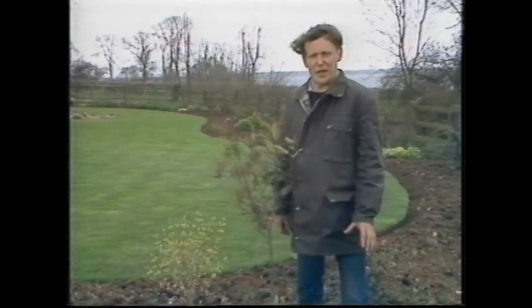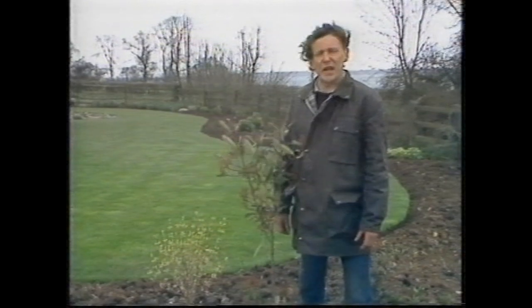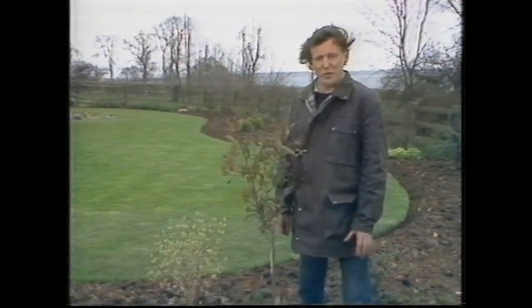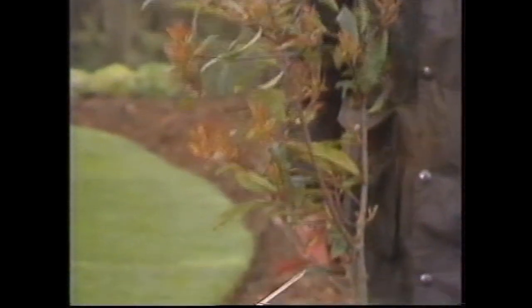As plant of the week this week, I've chosen Stranvaesia Redstart. Now, this is an entirely new cross between Stranvaesia and Photinia, and it's inherited many of the good characteristics of both parents. It's evergreen, first of all, and in the spring, the new growths of this lovely